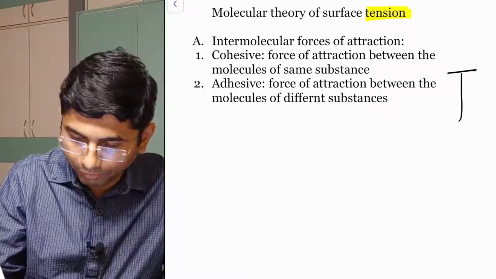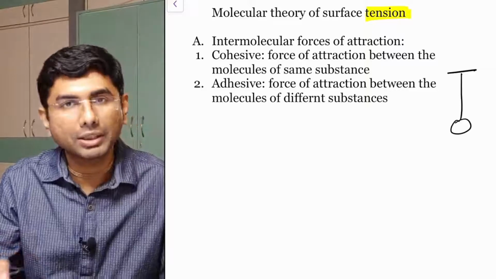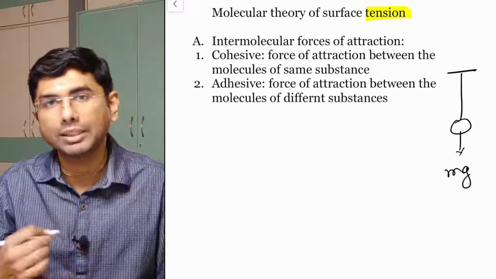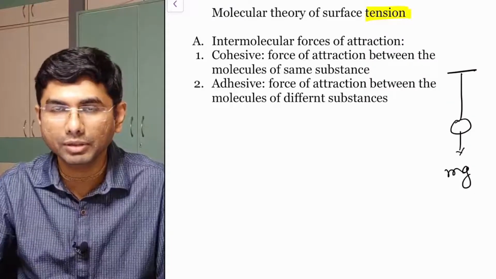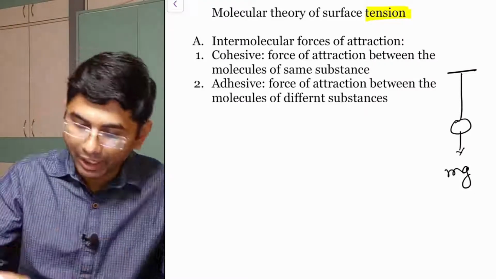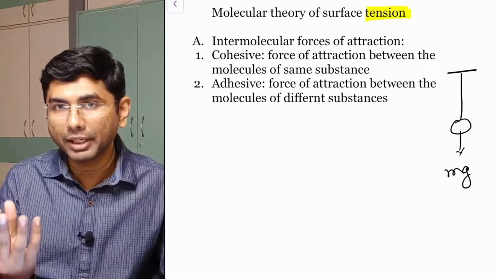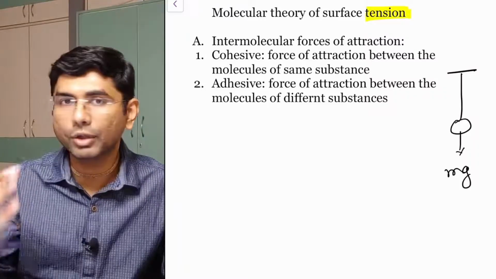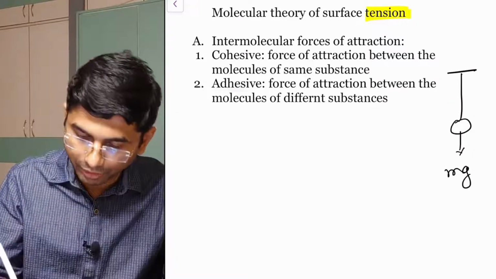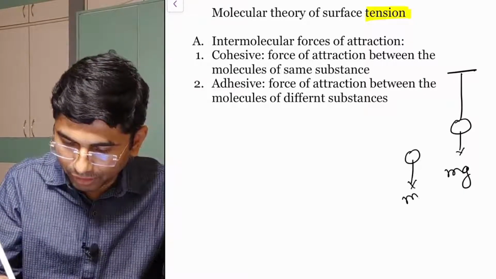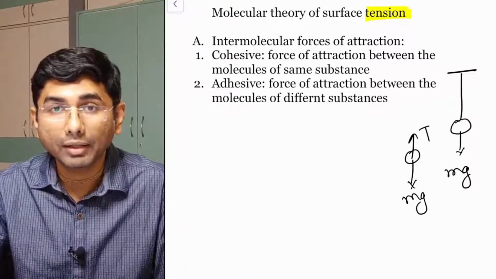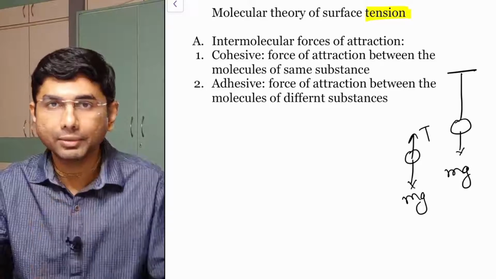There is a pendulum which is tied with a massless string. This pendulum has mass m, and because of gravitational acceleration it acts with a force mg downward. And because it is suspended, it's not going down and not going up, so there has to be another force. We equated this: there is an mg downward force and upward there is a tension force. There we understood that tension is a force.